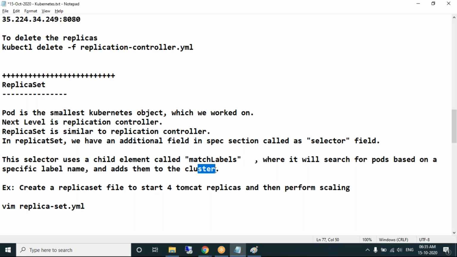So the existing pods will be included as part of the replica set. Replica set is almost like replication controller, the only thing is it has a selector field, and that selector field has a child element called matchLabels. All this we'll see. Let's try to understand practically.